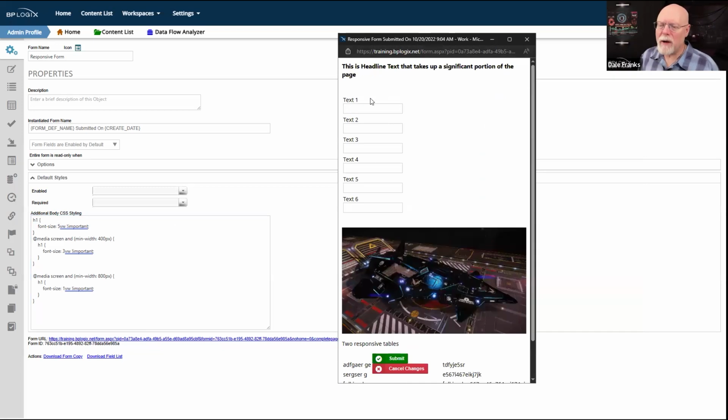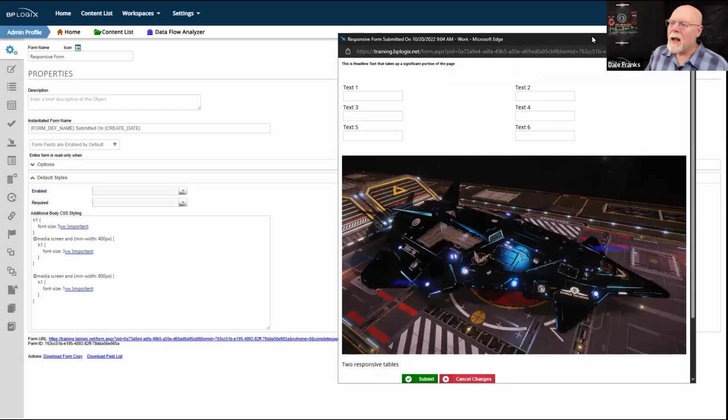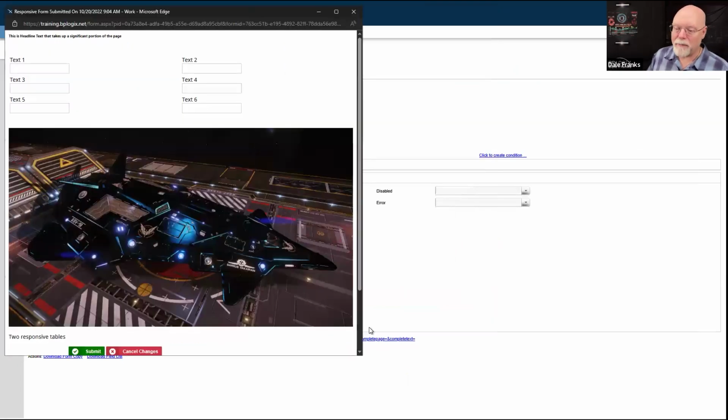Again, we format our tables so we can reformat the tables whenever the screen gets small. We've already seen that, so there's no reason to belabor that point. We don't use images very often in a process director form, I grant you. But if you are going to use images, there are a couple of properties that are important.